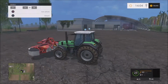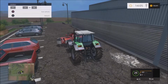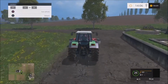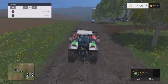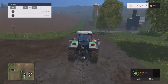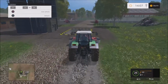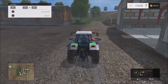We're not actually going to be using it at this minute in time, but we're just going to get the equipment ready, if you like, for when we need to earn some more money. There are certain jobs that pop up on that notice board where you need a mower and a forager, or certainly a mower. And you can earn money by cutting other people's grass. But you can also pick up the grass and start making silage with it, which eventually is a money earning scheme, which we'll do some of, I'm sure, in a future video. But at the minute we're just going to concentrate on this one field